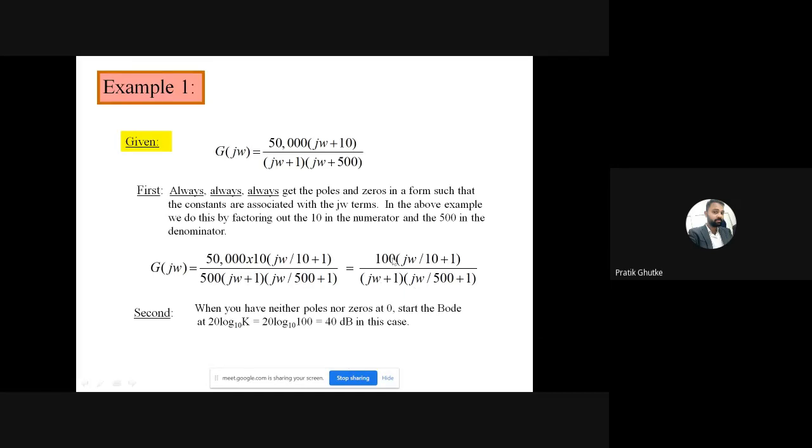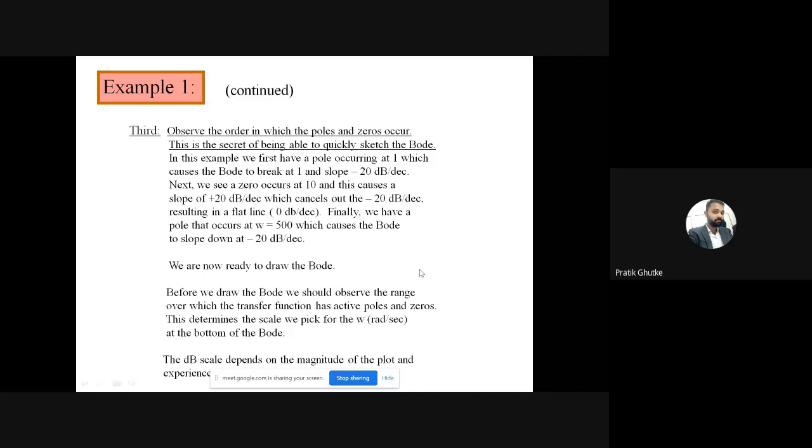See now, in this example, how we will map the pole zero. I can say that the pole is at 1. Again another at 100, and then one zero, so pole, then zero, and then again one pole is coming. I have told you, if one pole exists, then my slope will go with minus 20 dB line. After that pole, I am having one zero at 10.